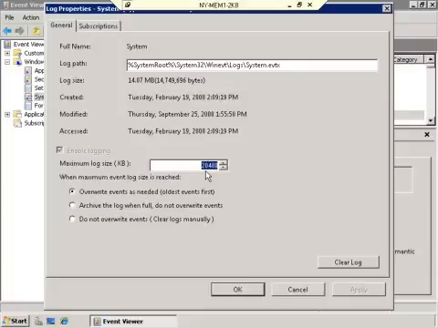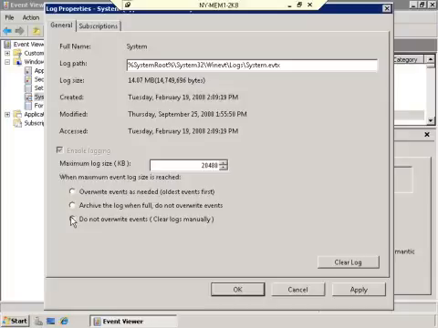Now, if that's not acceptable to you, if you don't want to overwrite anything, then you can say archive the log when it's full and do not overwrite events. And that is something that we really didn't have as an automated function. What we used to have in the past was you could pick to overwrite only if it was older than a certain number of days, and we don't have that anymore. Now it's either just overwrite, or don't overwrite: archive it, basically save that particular log as a permanent structure, and then create a new log that's blank and you start all over again,